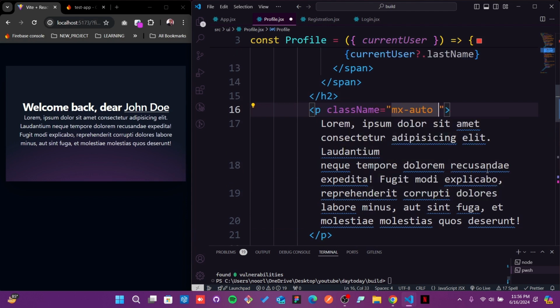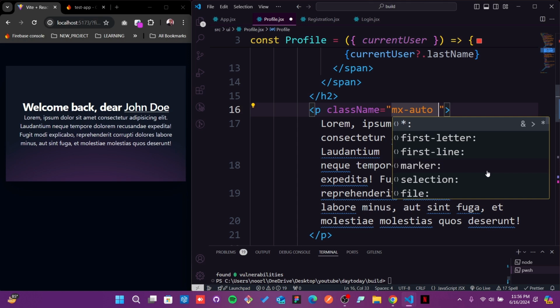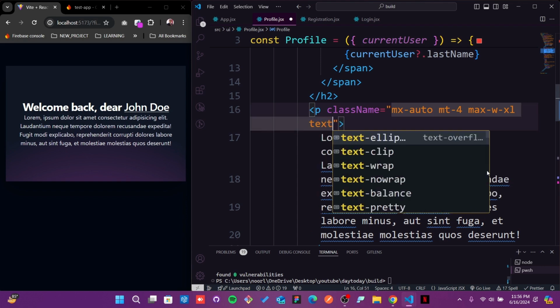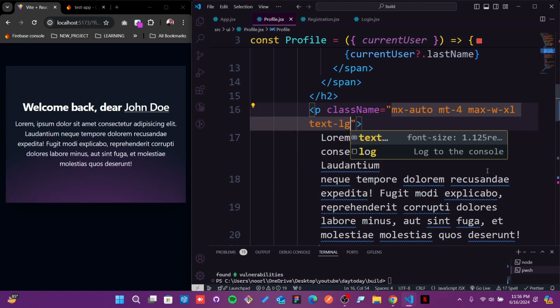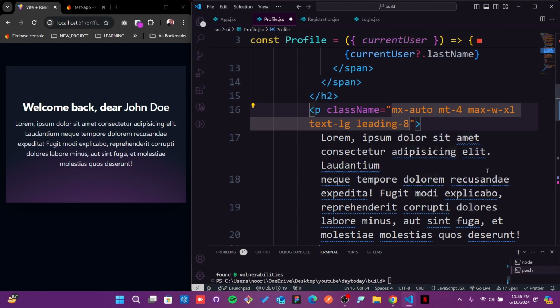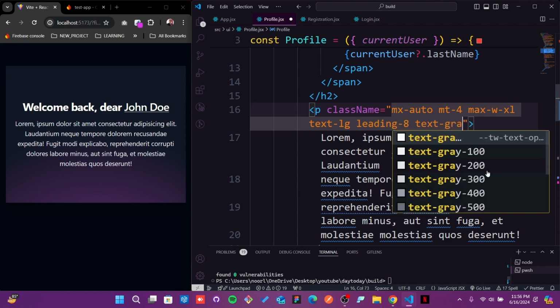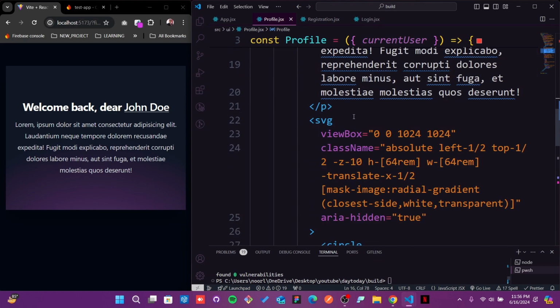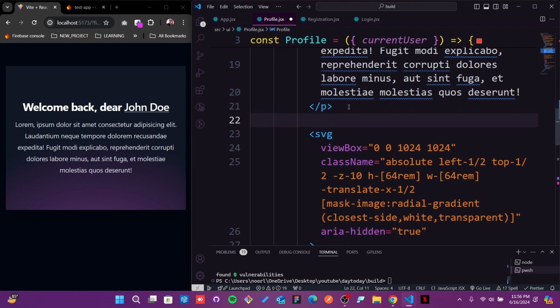Margin x should be auto, and let's give margin top should be 4, max width should be xl, and then text should be lg. Okay, leading should be 8, and then text gray of, let's just say 300. Okay, that's cool. And now two more properties which we need to provide, and first thing is that we will provide that